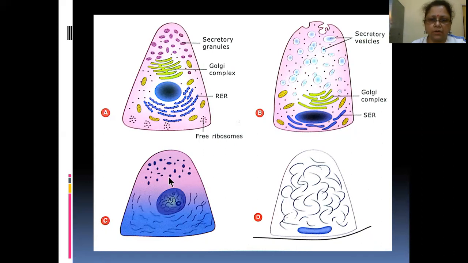Now, that's why the nucleus is not exactly in the center, but it is somewhat towards the basal side. But what happens in the mucous gland? There will be full of mucus covering almost the total area of the cell cytoplasm, and it will push the nucleus to the periphery. Okay, it will push the nucleus to the periphery. So it looks flat. But here, a pyramidal cell with a rounded nucleus in serous acini. Is it clear?